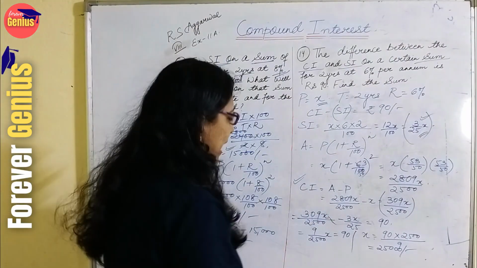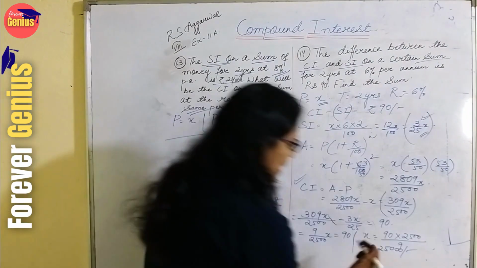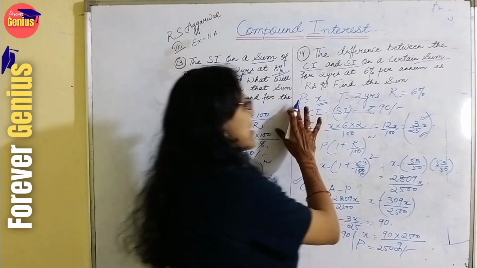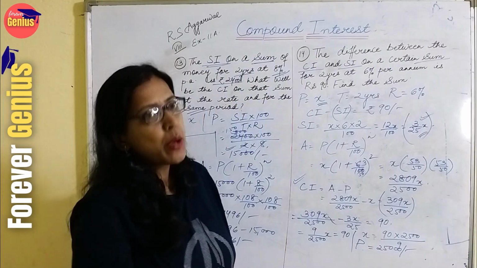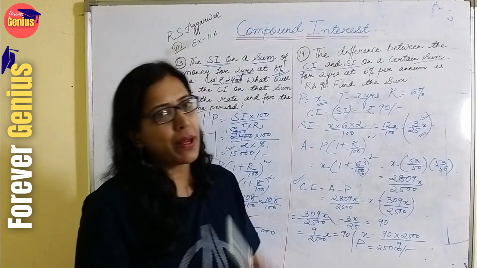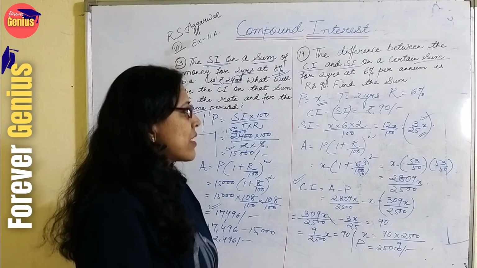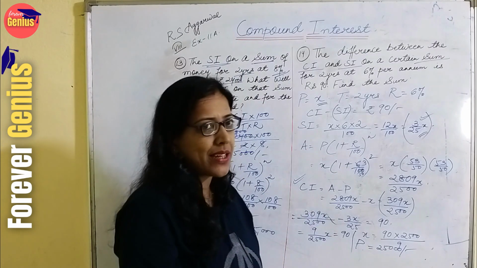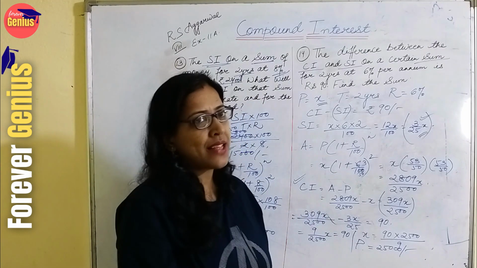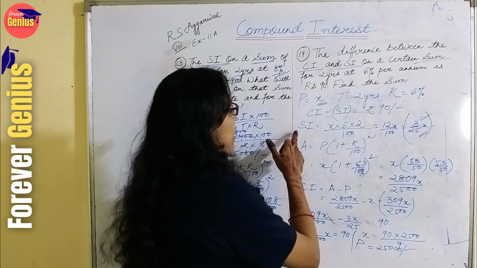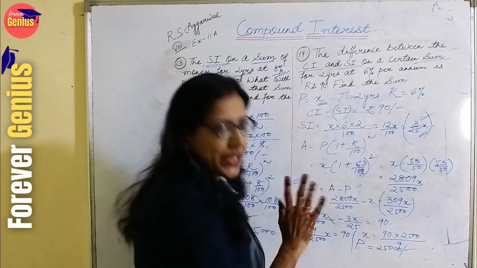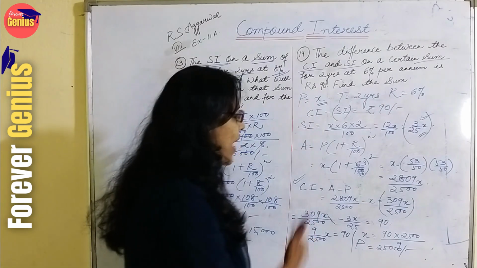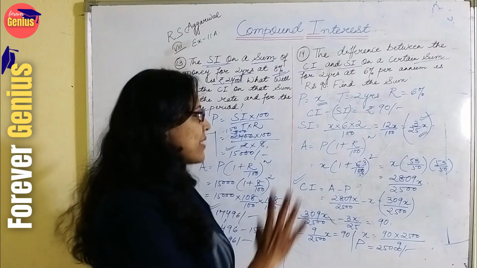So, on calculating, we found out that our principal is 25,000. The sum was really tricky because the difference of simple interest and compound interest is given to us. In this type of sum, we have to take x as the basic factor, find out the principal, then find the amount, then find the compound interest, then subtract. It is a longer method, but with practice, we can develop the habit that yes, we can do these types of sums.